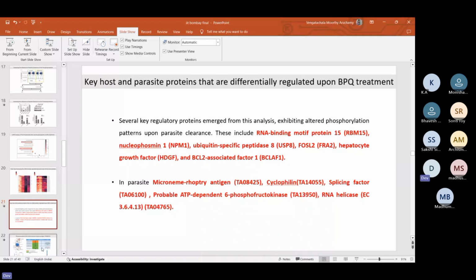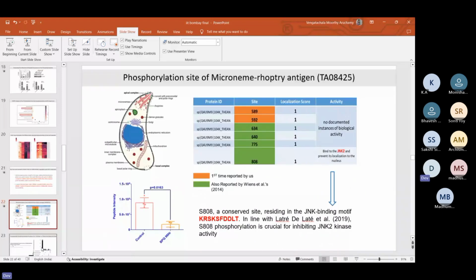Now coming to some individual molecules that we have identified from our data. Here I want to highlight this micronemal ROP3 protein. This is a graphical representation of an apical complex, a typical apical complex in the parasite. This is the micronemal ROP3 protein, and these proteins are very important for invasion of eukaryotic cells and establishing their niche. So we have identified around 7 to 8 phosphorylation sites from our phosphorylation data, and